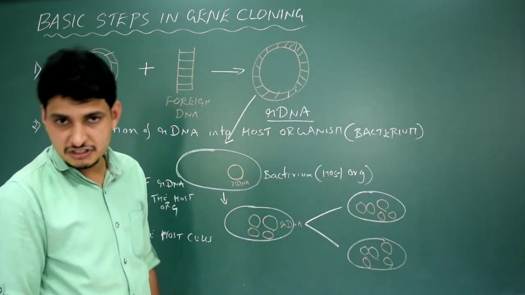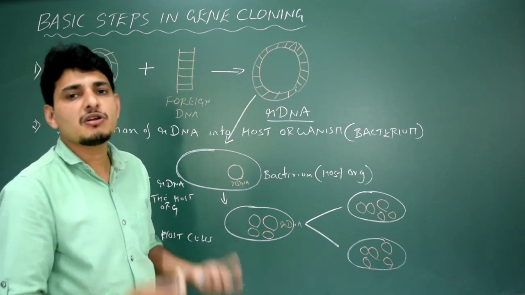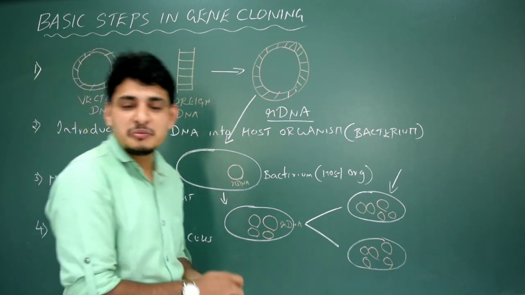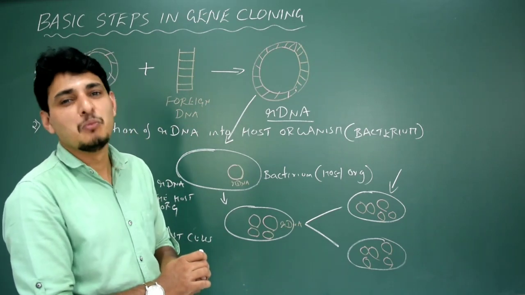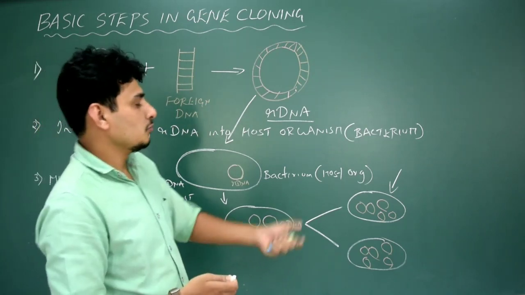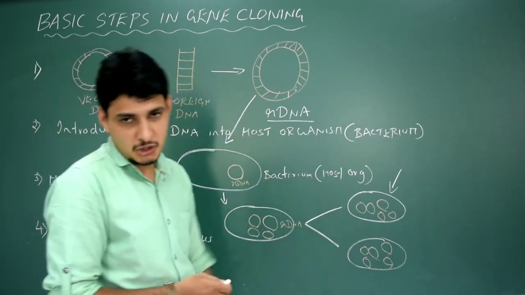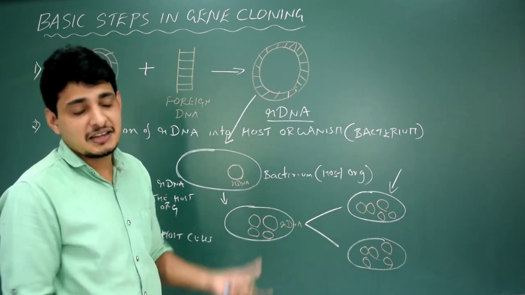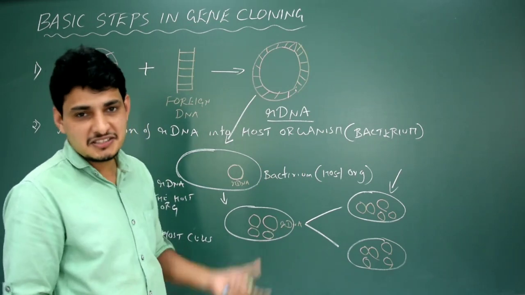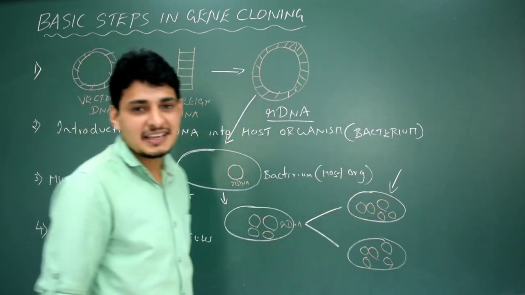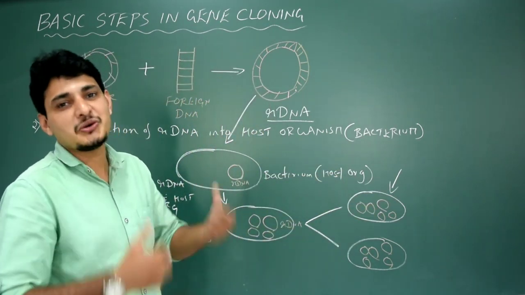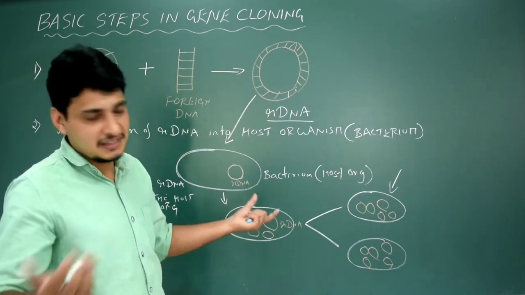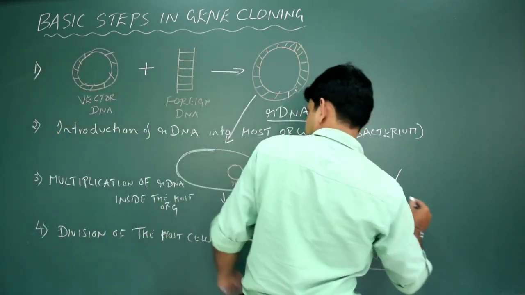But this is not sufficient, because I expect more number of proteins. I need more products. We human beings are selfish, so we need more products. So we give more facility to this particular host organism so that they can multiply rapidly and increase their number. As the number of this host organism increases, the number of rDNA inside them also increases. So I get more products. That's it. So that is actually the 5th step.